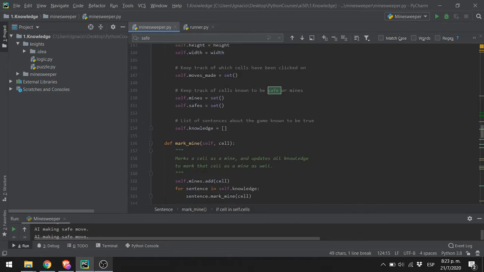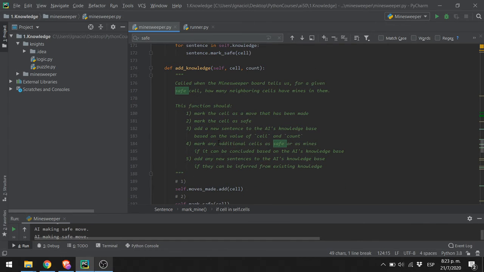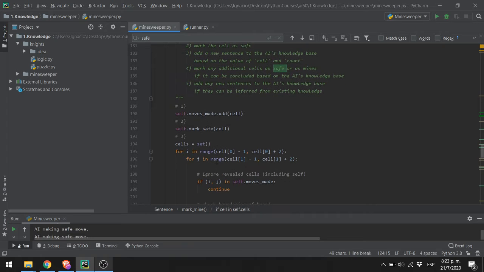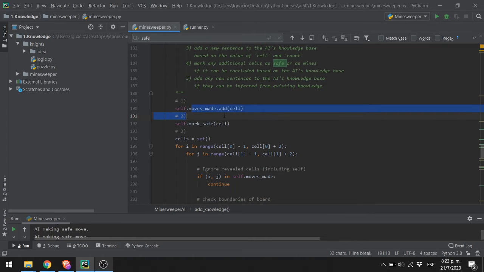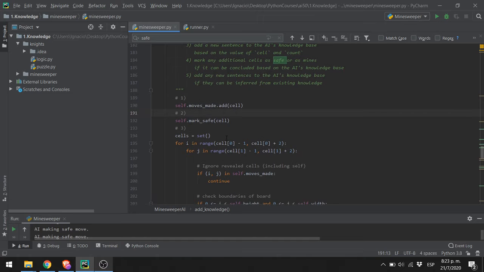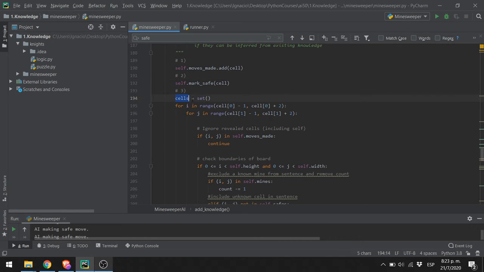In the class Minesweeper, we have the main function, which is acknowledge. This function will mark the cell that we are clicking as safe. Of course, if we click a cell and we do not lose the game, then we know that that cell is safe. And here we will create a set